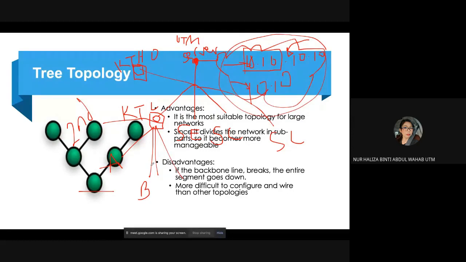And then for another block, you can see block A and block B each have their own router also. So sometimes, let's say at block A there's no internet connection only, but block B and block C have internet connection. Then you know that your router may have a fault or maybe it burned or something. So something like that. If all the networks at block A, block B, block C at KTC didn't have internet connection,